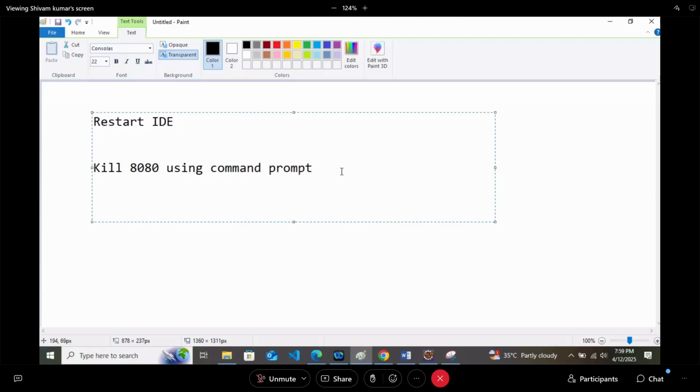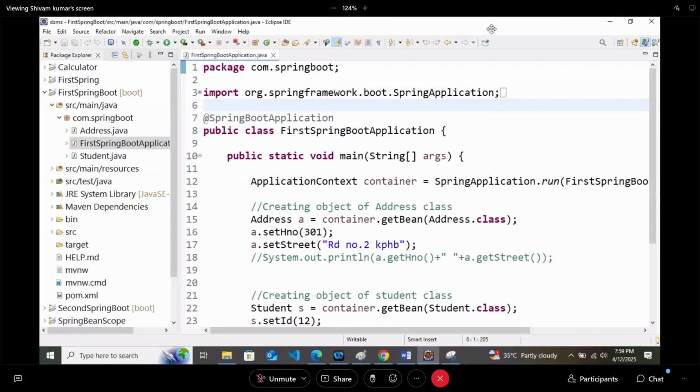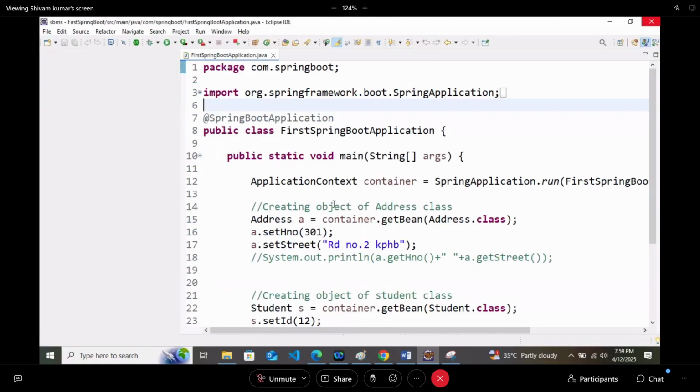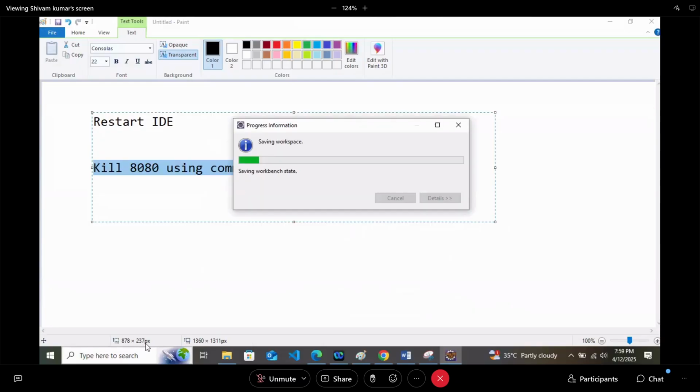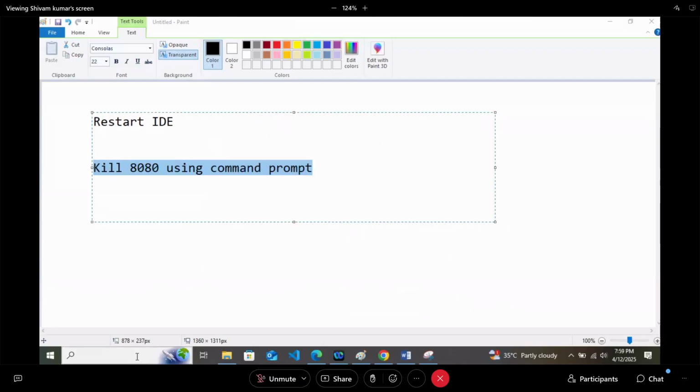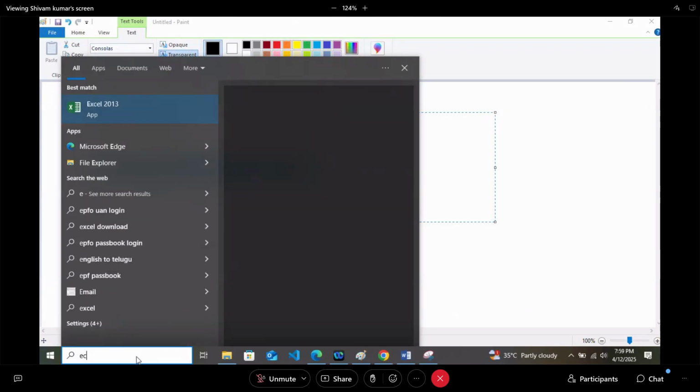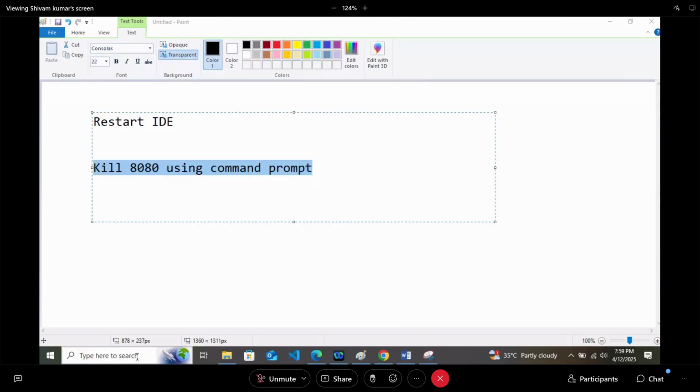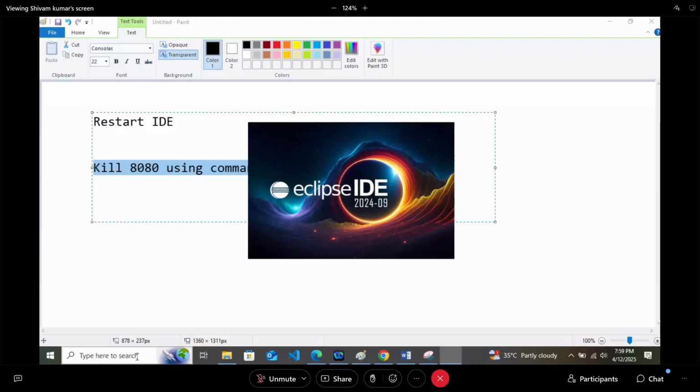This option I will teach you some other day because again it will be out of topic. So better to restart our IDE. If that is also not working, then obviously we have to teach you how to kill 8080.